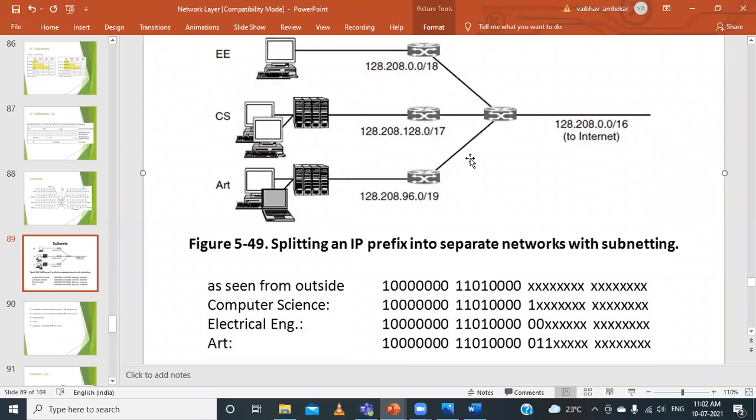It will do some AND operation on that, and based on that calculation, it will send it to the respective system. You need to understand this little paragraph. No need to remember all this. In the examination, they will ask just what is the meaning of subnetting. You just need to write the paragraph. That's it. Are you all understanding it? Everyone? Yes, sir.